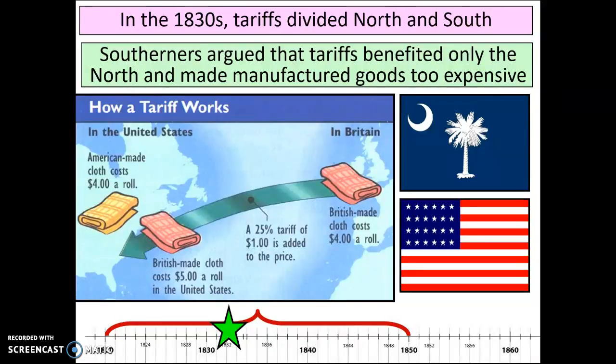I think I'm going to stop that right here, just talking about the Missouri Compromise, and I may